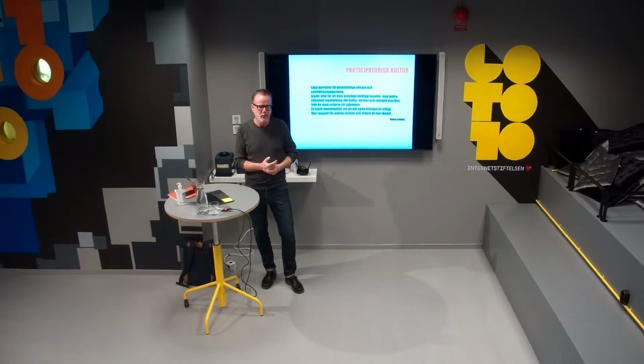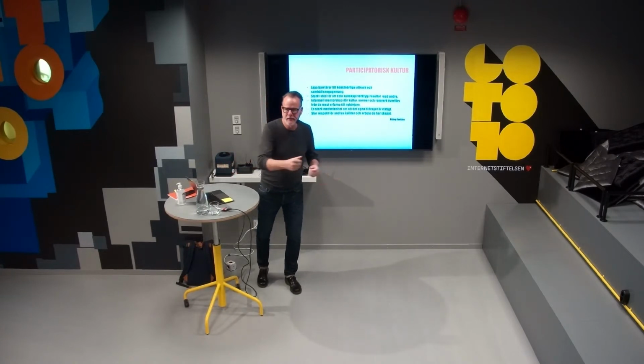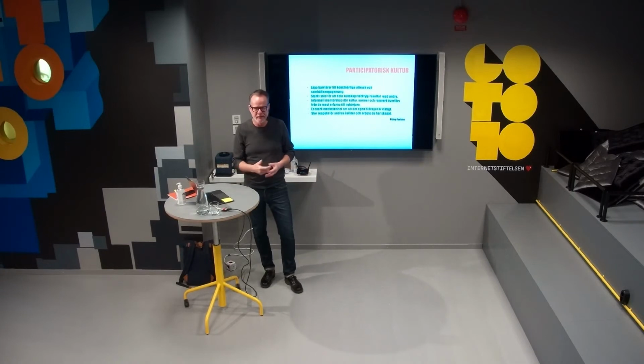Also the mentorship, where people who've been in an initiative or in the forum or wherever will bring the culture over to the next generation, or the newbie will get some advice. It's not super hard. It's not like you hand out the book of rules. It's more like you gently welcome people and tell them, please behave, or this is the way we run this business, or whatever. And also, of course, the feeling that whatever you contribute to this organization or initiative is important, and a big respect for others,